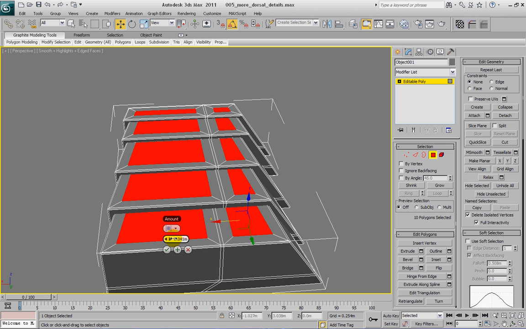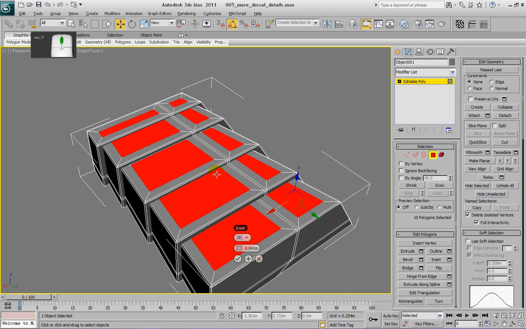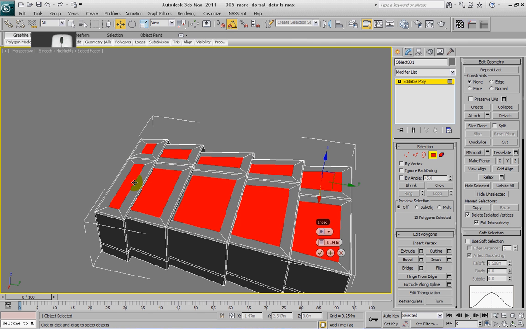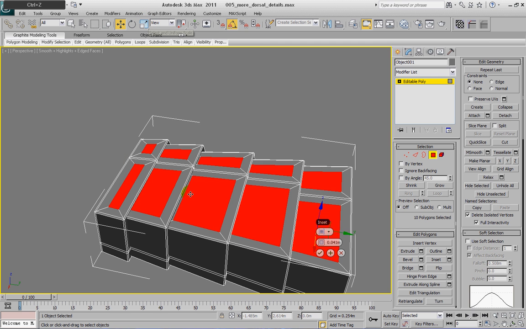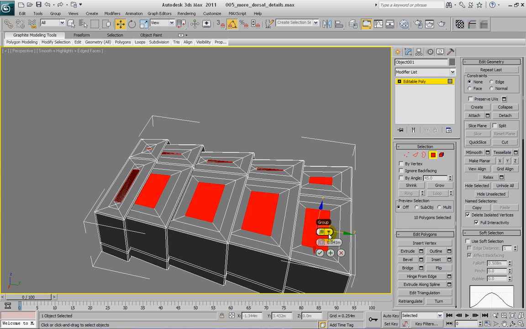Let's just make sure that we don't squish it up too much. Let's go ahead, click OK. We're going to actually inset it one more time. Okay, now we're going to go into